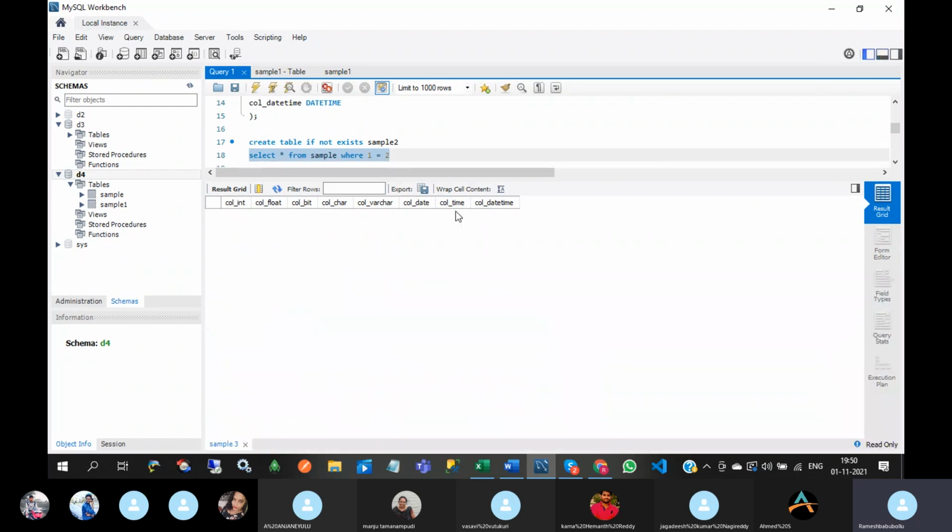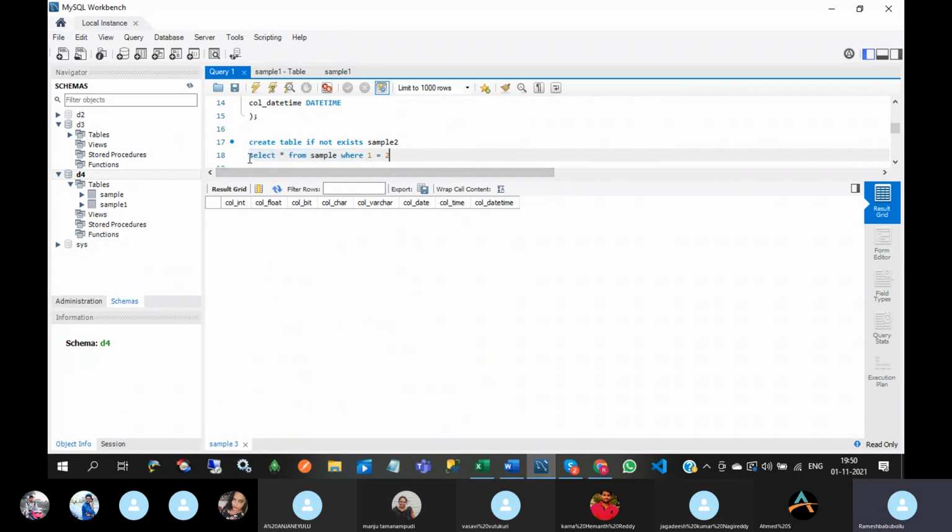So if sample has records, I am using this condition so that it will not return anything except column names. Suppose if the sample table contains records, then it will display all the records.